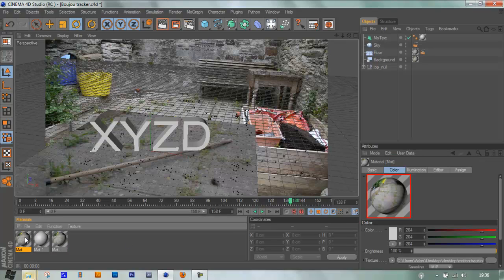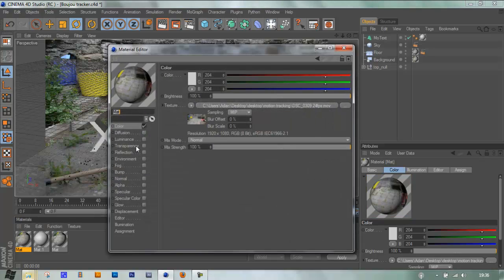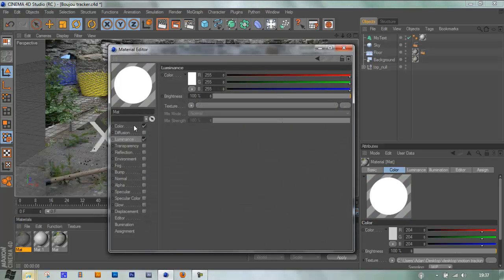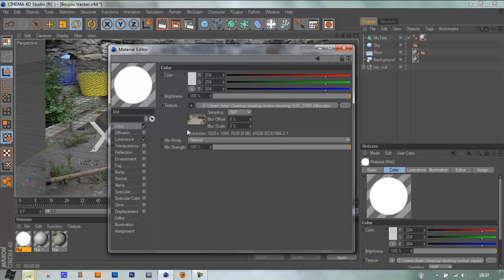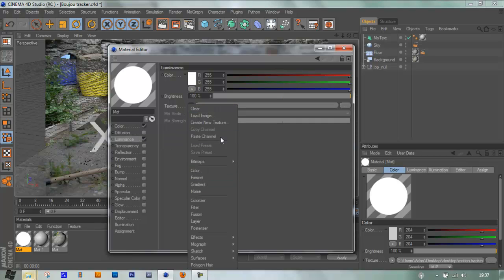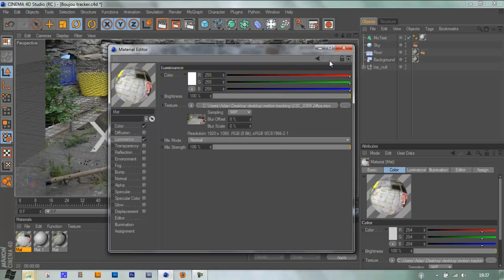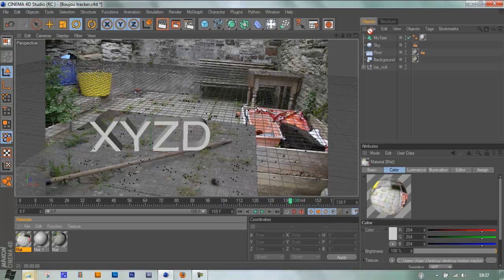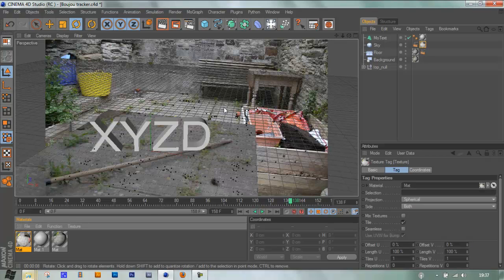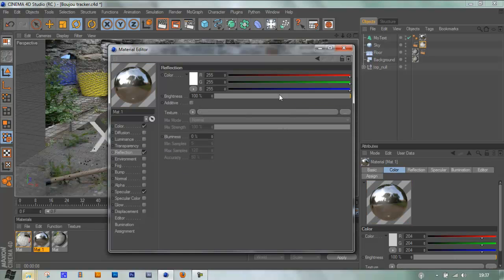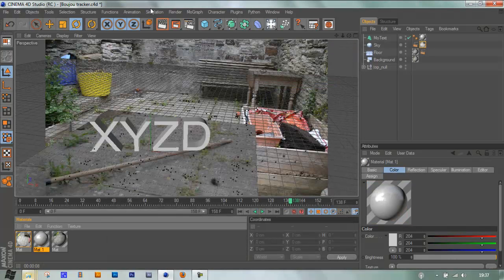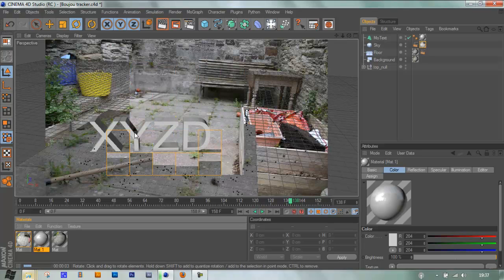There you go, and then double click on it and go to luminance, and then go to color, go to texture, copy channel, luminance, paste channel, and then that'll just give it a much lighter sort of feel, and then put that on the sky. And then on the material on the text, just go to reflection and turn it down to about 40, and then when we render, it'll give us this feel of oh,